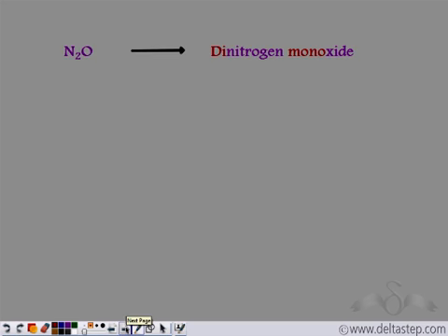We have N2O. N is also a non-metal. Oxygen is also a non-metal. So when we name it, di-nitrogen. This means there are two atoms of nitrogen and one atom of oxygen. So it's monooxide. What do you observe here? You observe that the first element, that is the first non-metal in this case, is named as it is, and the second non-metal has the suffix "ide" to it.